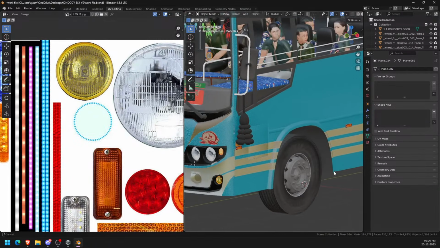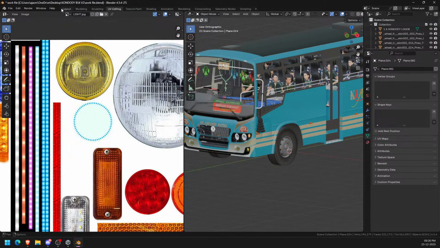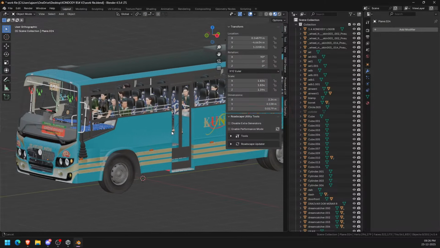Okay, so the light issue is already fixed, and now the main work is to properly name these materials and